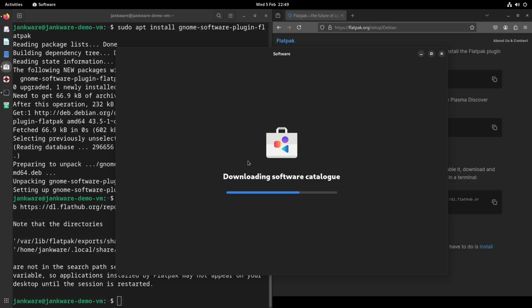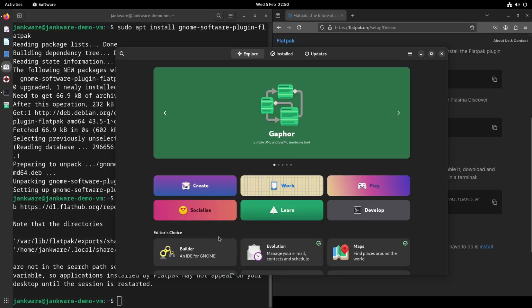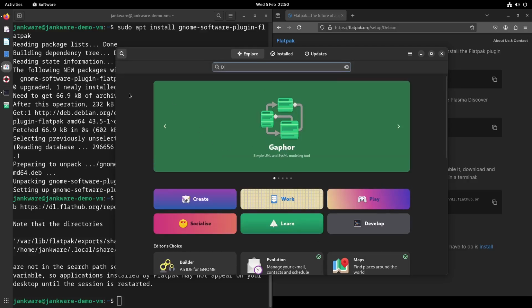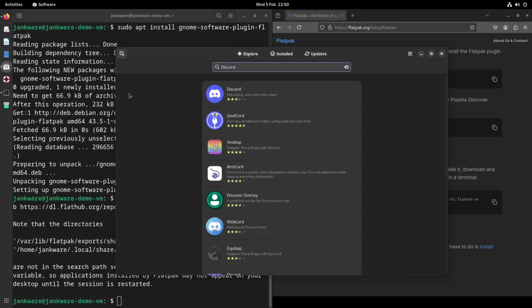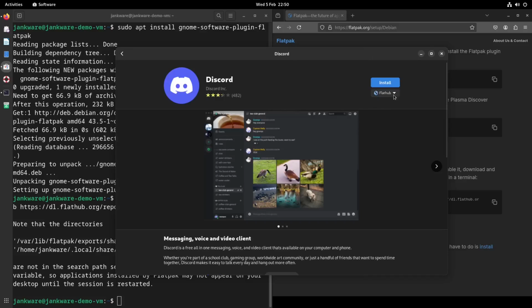Hopefully this won't take long. Right, that's now reloaded. And if we do a search, we go Discord, and we click on there. See, it's got FlatHub here, and it says Flatpak. I'm not going to install that at the moment,